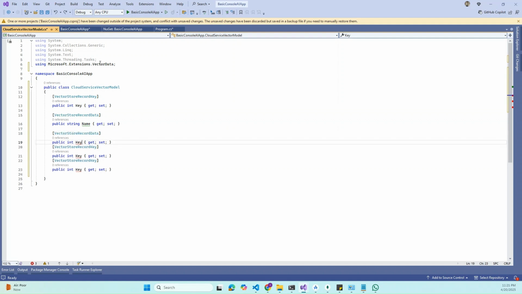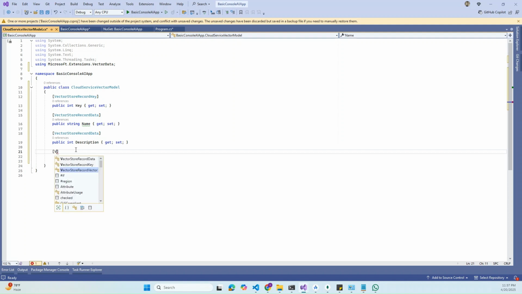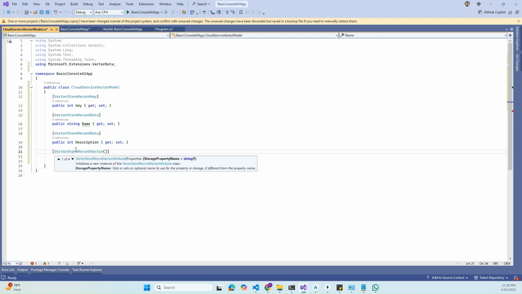Okay, and we will call it description, right? And in the last property, we will define the size of the vector database. I mean, the in-memory size of the vector database, and Microsoft extensions dot vector data provides us the attribute called vector store record store, and over there we just need to specify the size of the key, so the size of the